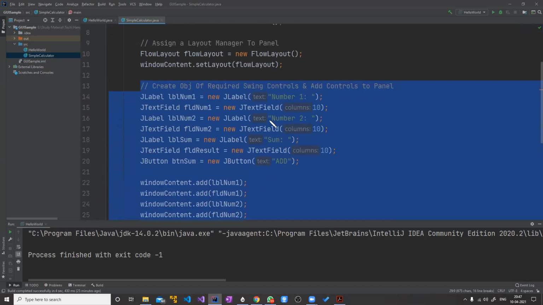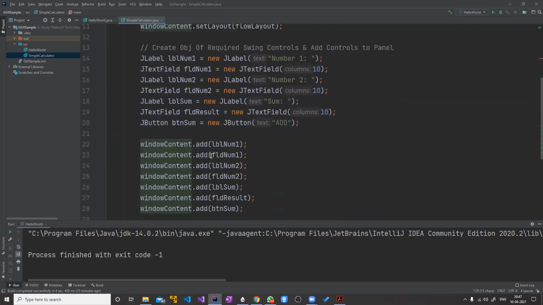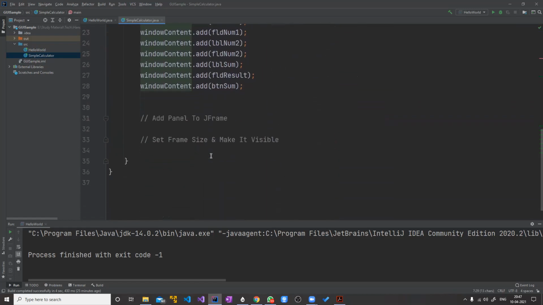Next is what? Now your panel is created, but all these things are happening in memory, that is the RAM. In your memory of the system, all these things are being created. All the objects are created, and object is added to another object, which is a window content or JPanel. Now this JPanel has to be added to a JFrame, because JFrame is the outermost container from where everything starts. So now you will have to create a JFrame. So create a JFrame, and here you can see that our class is not extending from the JFrame. We are creating a JFrame object.